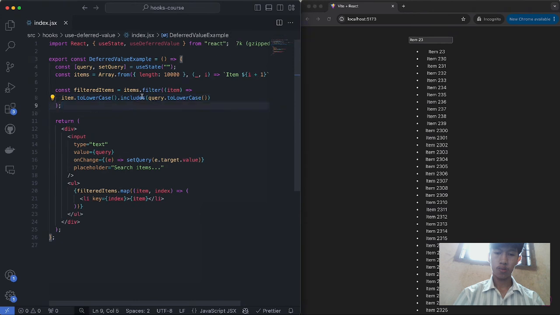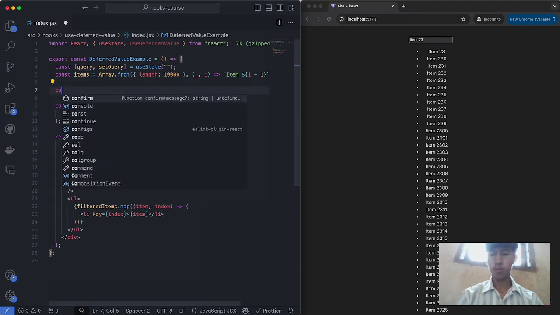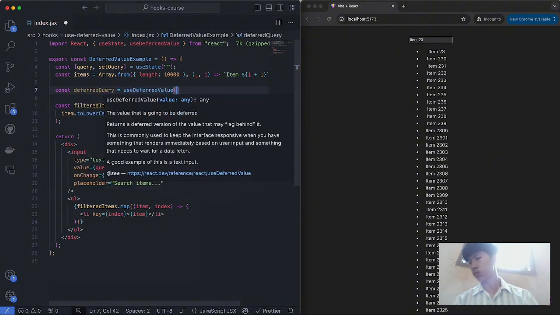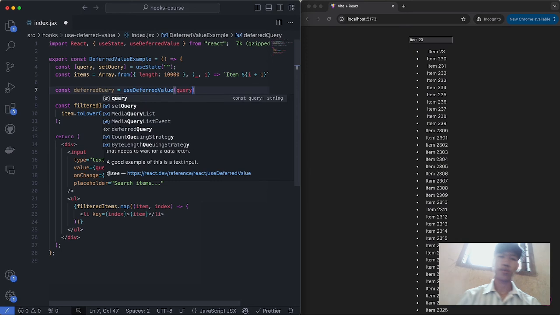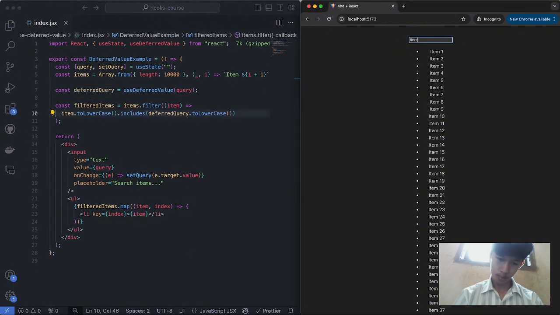Now, what I want to do is, when we do this calculation here, the items calculation, the filtering, instead of using this query variable to check if this item is included in this 10,000 sized list, I want to create a deferred version of this query. I'll say deferredQuery, and I'll set it equal to the useDeferredValue hook and pass in the query. I'll defer this value exactly for the reason of having smoother performance. Because now, if I use this deferred query over here, it should already